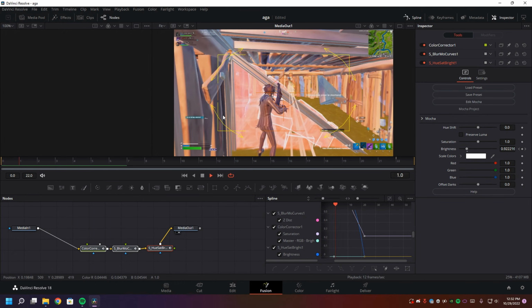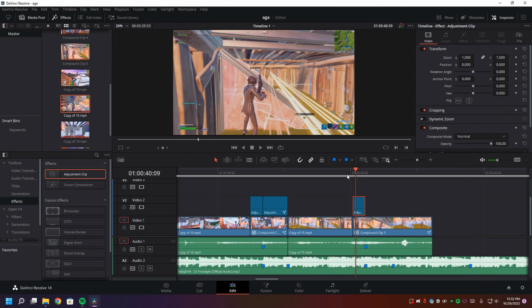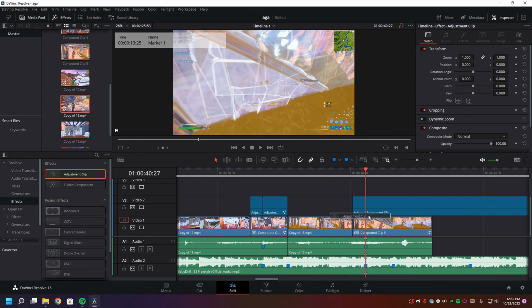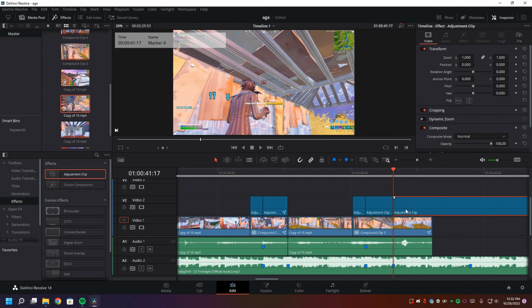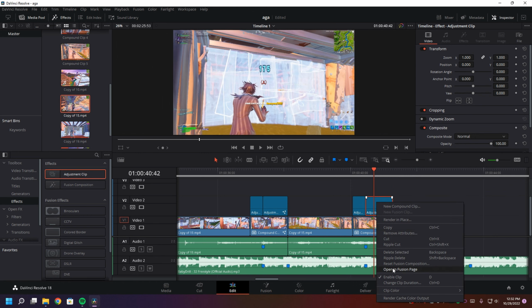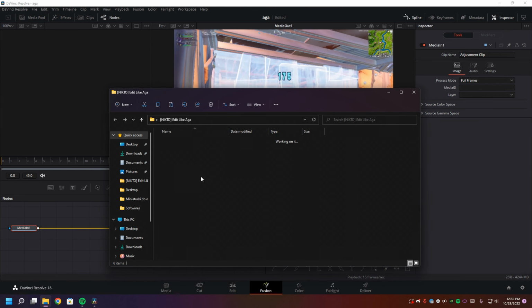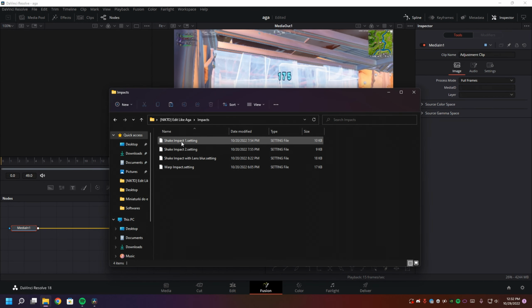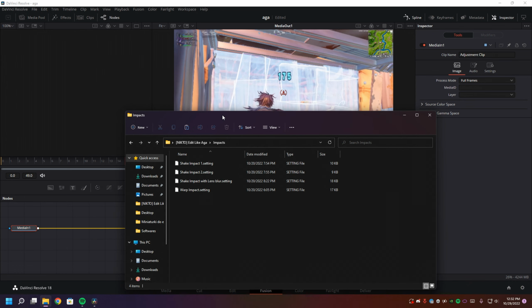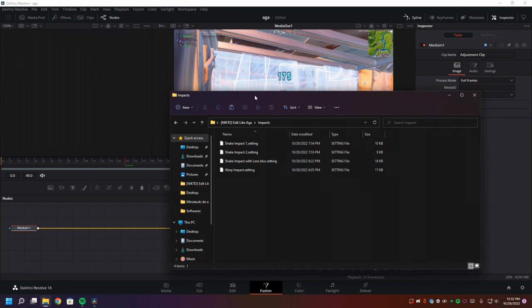So it's gonna look like this. And now for the impact, add another adjustment layer and open that Infusion page. So I'm gonna be adding the shake impact. You can add whatever impact you want, since this is the first clip, this is the second clip, so